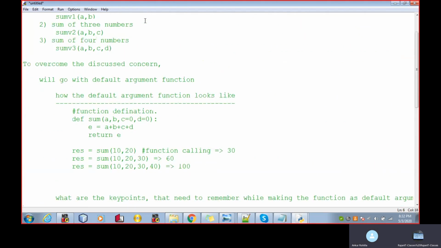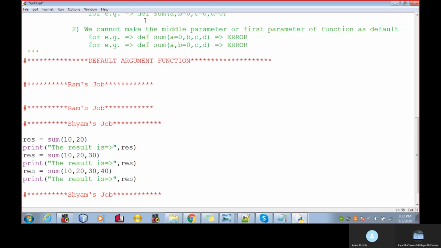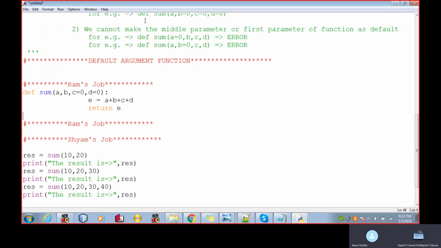Something I'm going to copy from here. Java.